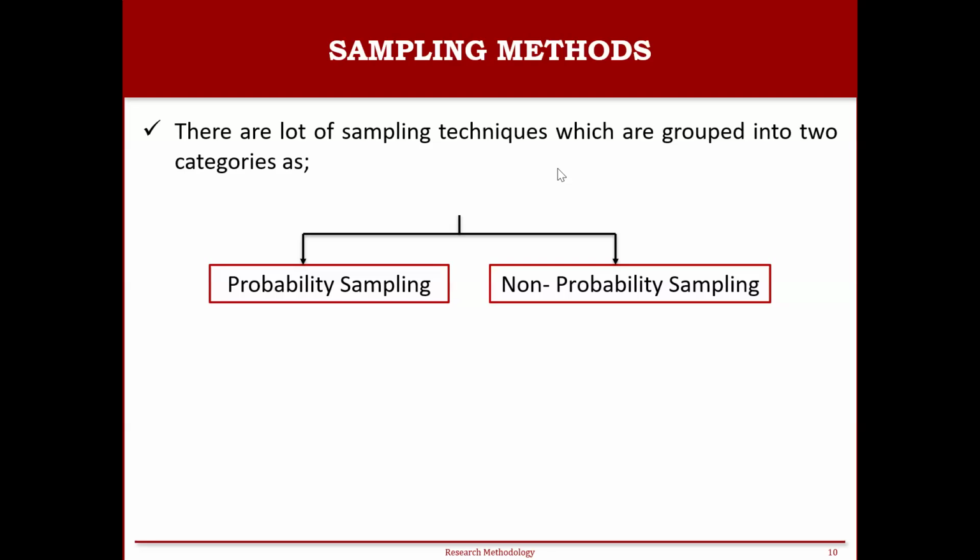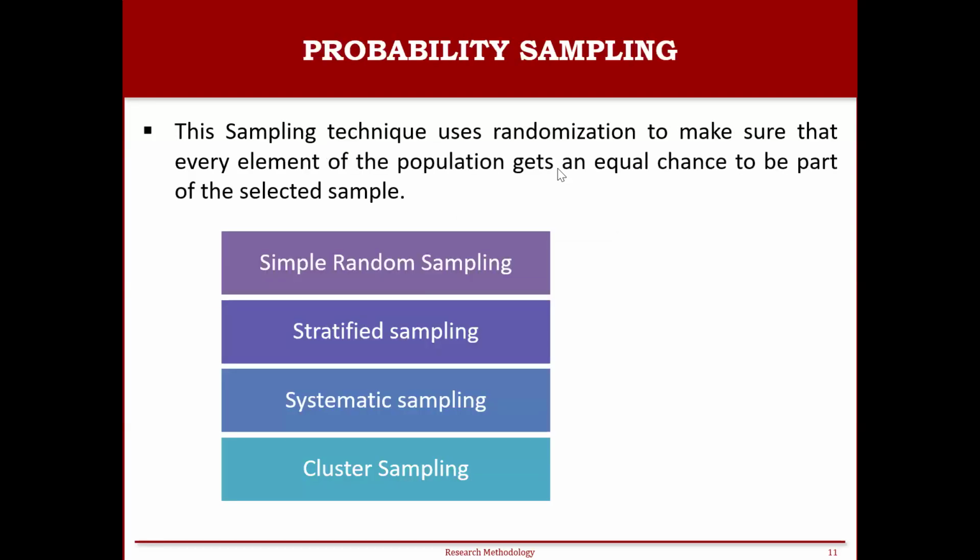Non-probability sampling can be used when the researchers are not aiming to generalize the results to a large population, or in some cases where we can't apply probability sampling. In that case, we can move to non-probability sampling instead of probability sampling. Under non-probability sampling also, there are a few techniques: judgmental sampling, quota sampling, convenience sampling. So likewise, different sampling techniques are there.